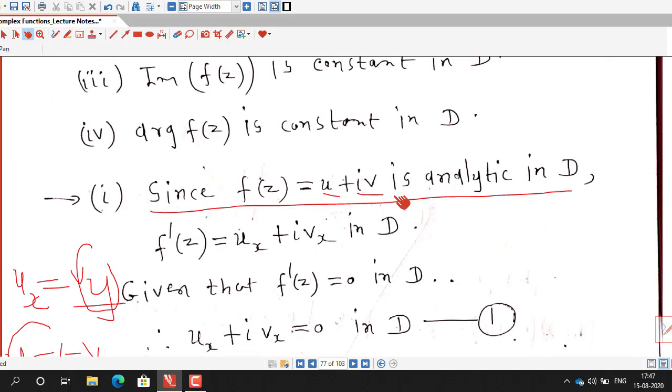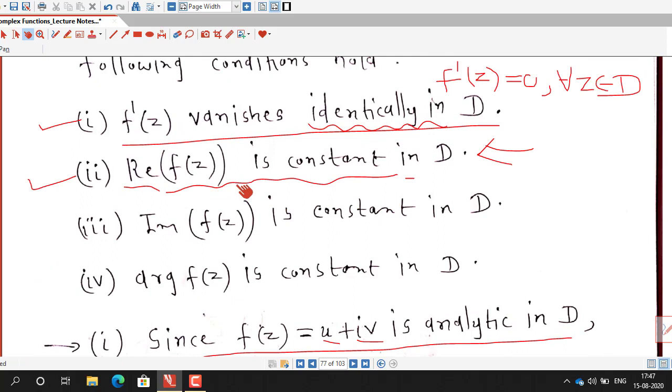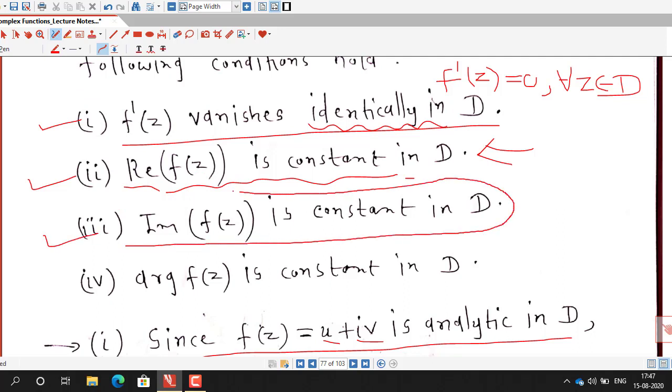So these are simple theoretical problems but we can solve them easily, or we can prove them easily. Third one is similar to this second one. If imaginary part of f of z is constant and function is analytic in a domain D, then we have to show that function is constant in a domain D. So that I am not doing. It is similar to second one. In second one, u is constant, here v is constant, so the method is same. Now we do last one.